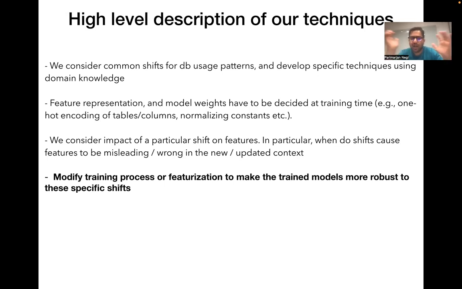At a very high level, all our techniques are somewhat distinct but connected by a common pattern in which we consider what happens when a particular shift happens. So we consider what happens when you train on JobLite and test on JOB, and what kinds of changes there are in query patterns and in ground truth data and so on. And we try to be robust to these changes by either changing the kind of features you use for the model at both training and inference, or by using particular training techniques that mimic the kind of